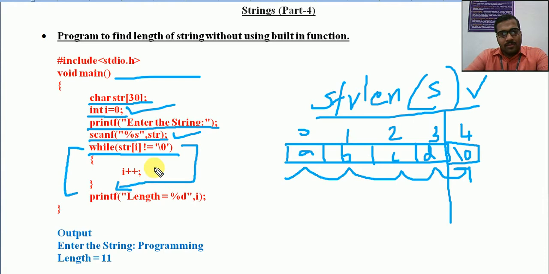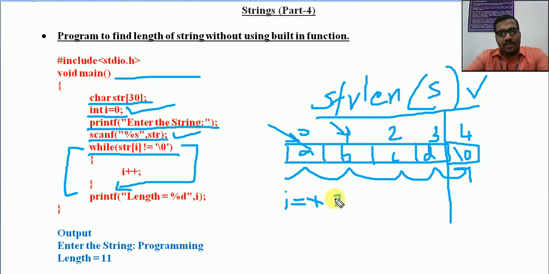So inside this, while str of i, the first time it checks str[0], which is not equal to \0. So we simply increment i: initially it was 0, I will increment the value to 1. Next iteration, 1 is incremented to 2.